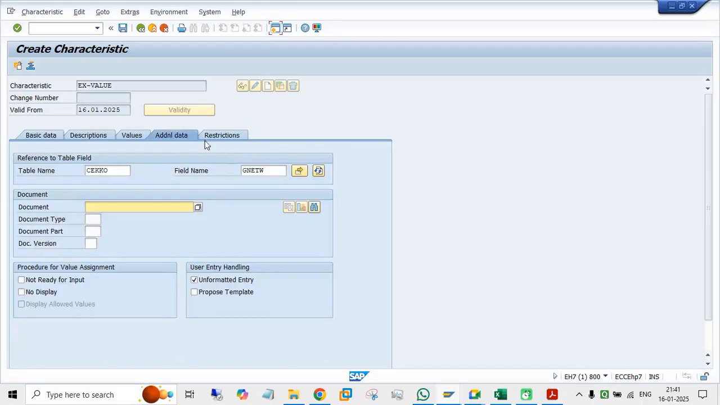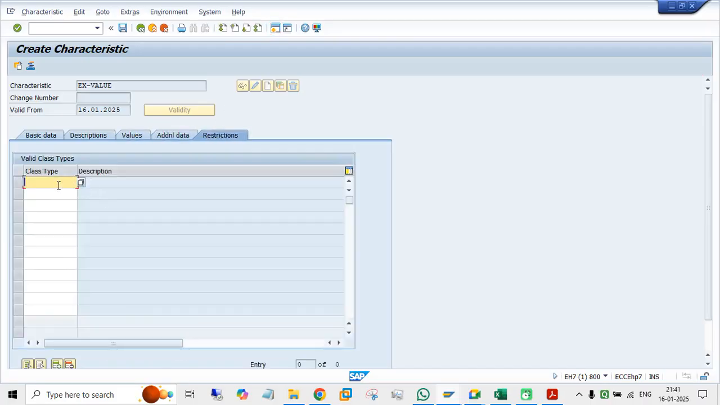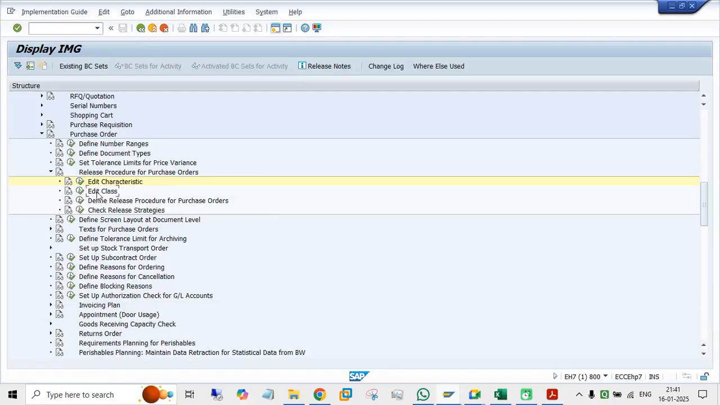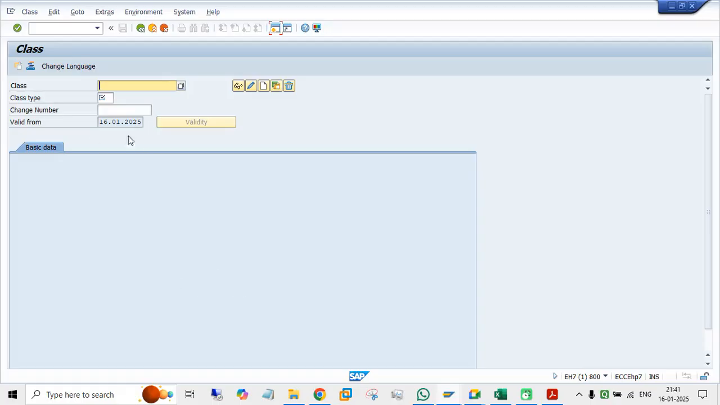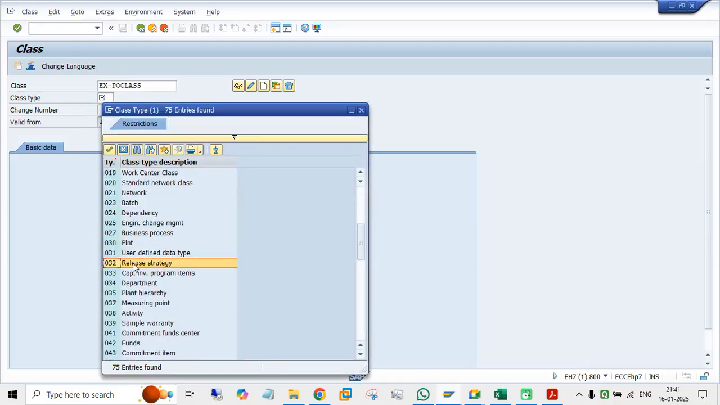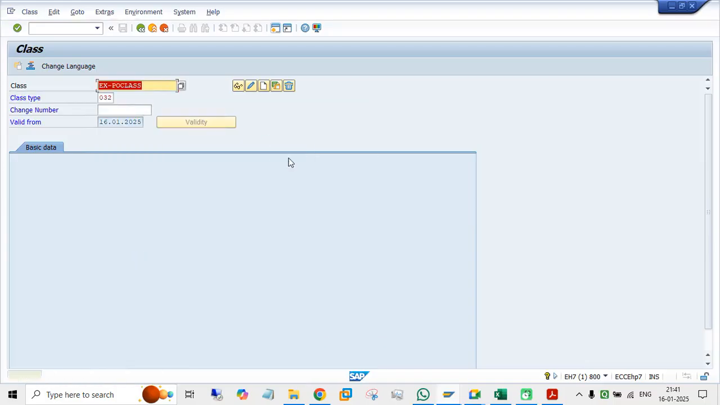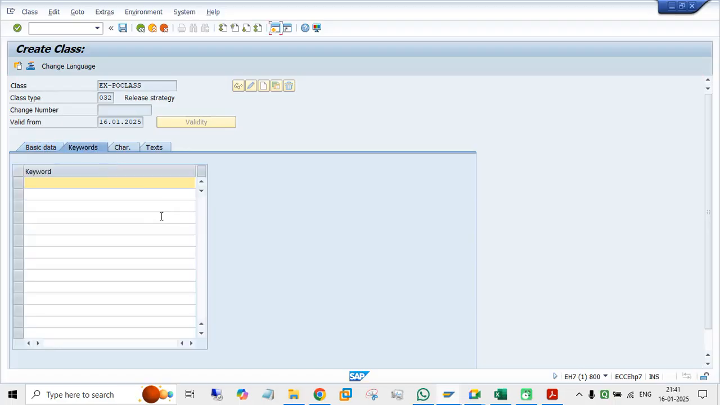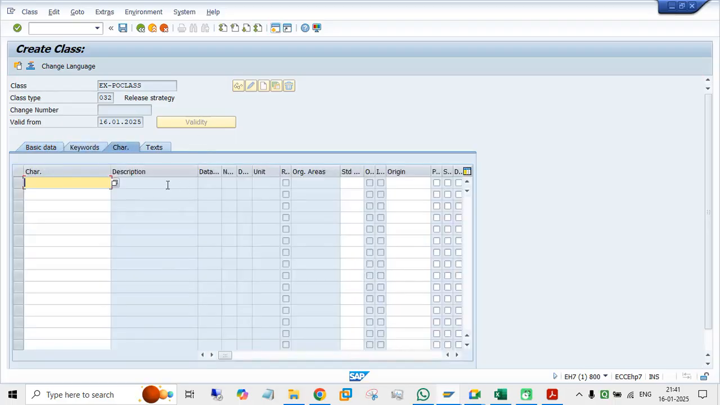Then additional data, restrictions, here 032, release strategy, save. Now all the three characteristics are done. Come back here, create class here, edit class. So here ex dash PO class, again it is one word, class type is 032, release strategy, click on create, enter, description PO release, keywords, characteristics, so you have to link that characteristic, go